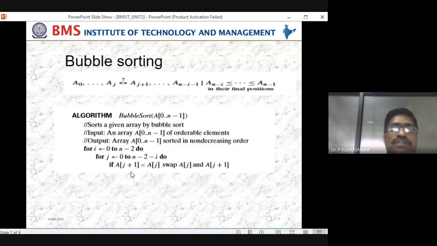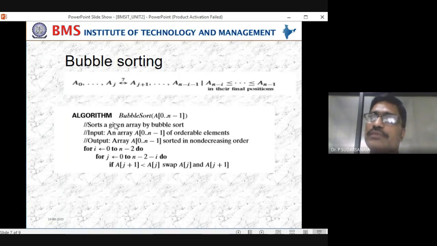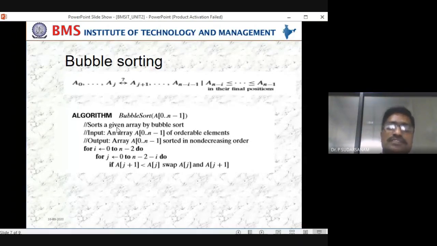So here is what will happen. The first element goes to the last position, the next element to last but one, that is n minus 2 position. The third element goes to n minus 3 position, the fourth to n minus 4, and the nth element to n minus n, which is 0, the first location. That is the way this works. How many elements are there? n minus 1 elements, n minus 2 operations you are doing.